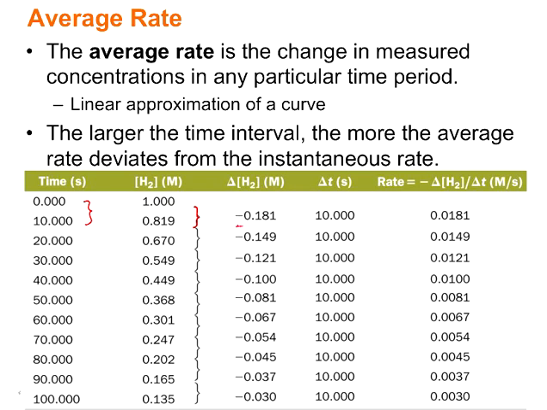So the change in concentration of hydrogen is negative 0.181, and then that's over 10 seconds. So our rate is the negative of the change in concentration over change in time. So our rate would equal